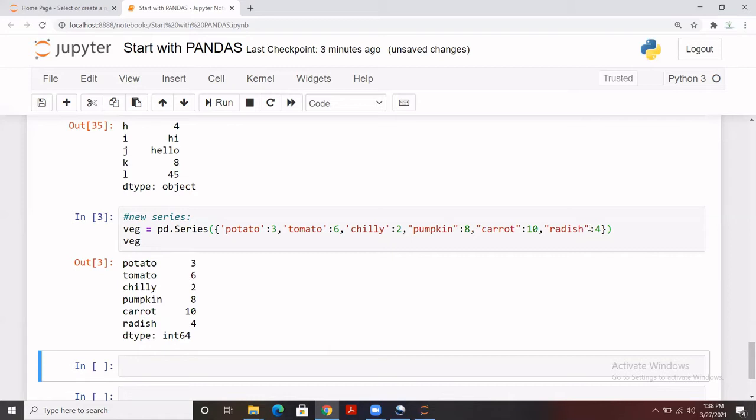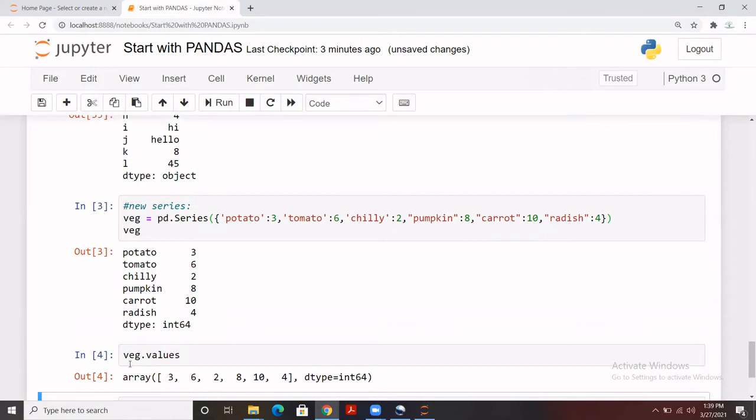So now we talk about some important attributes that we have. For example, let's say there is a series and we want to extract all the values that we have in that series. How can we do that? First, I have to write the name of the series, which is veg, and then dot values.